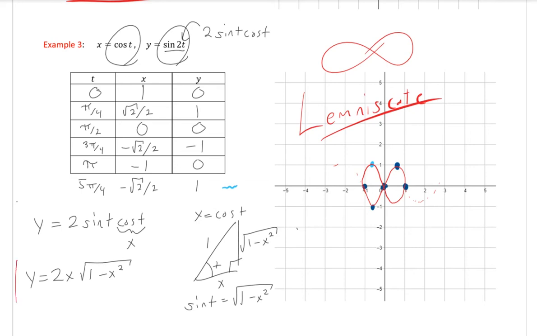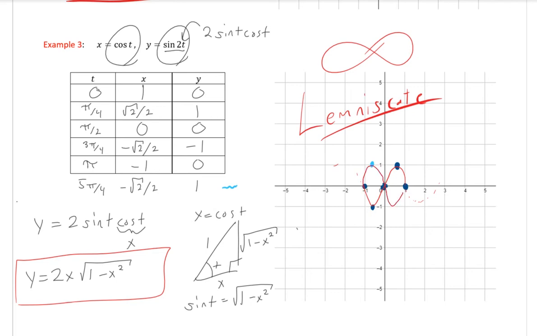So that would be our function. Now, if you were to actually plug this in, what you would actually get is just the first half that we got. Basically what we got from 0 to pi. To get the rest of that,